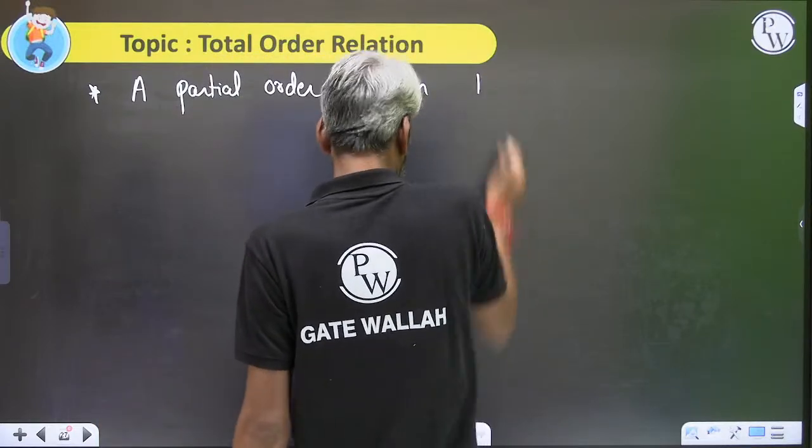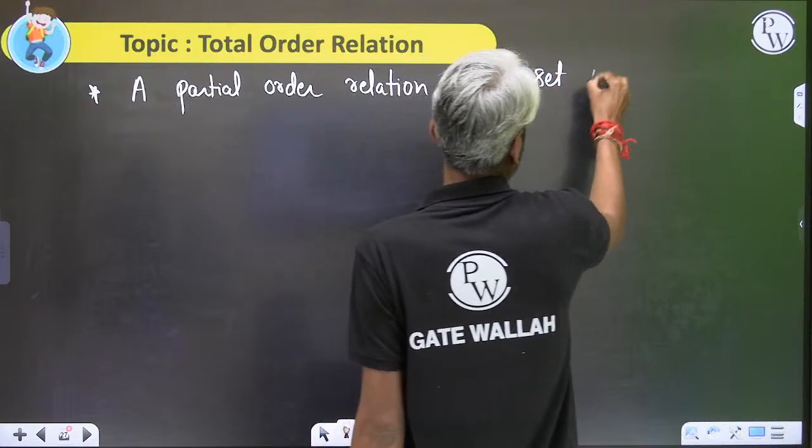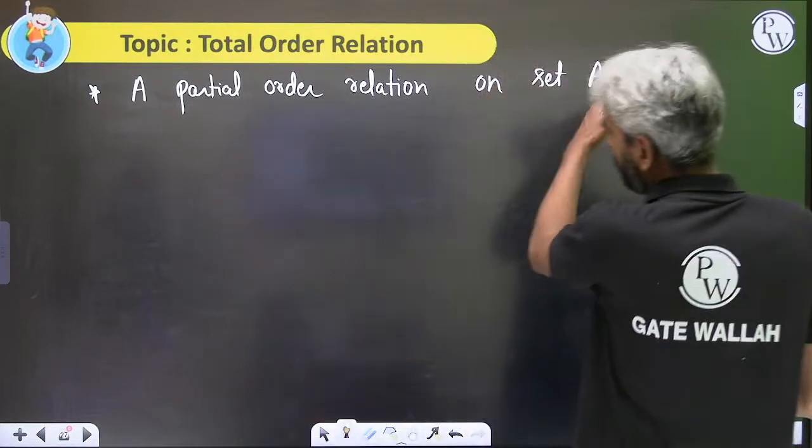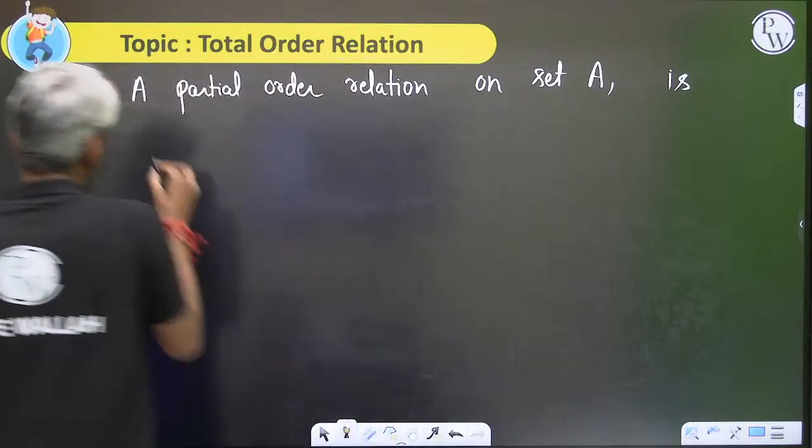A partial order relation on set A is called a total order relation